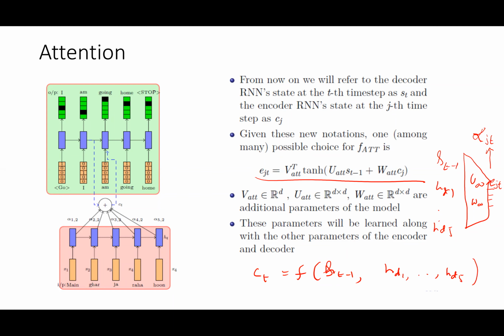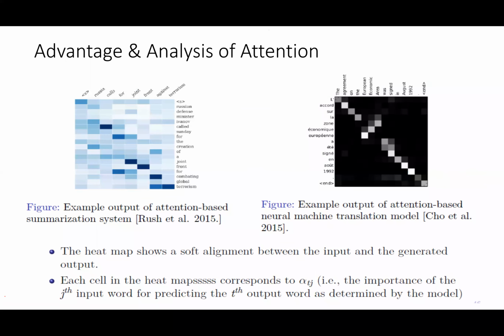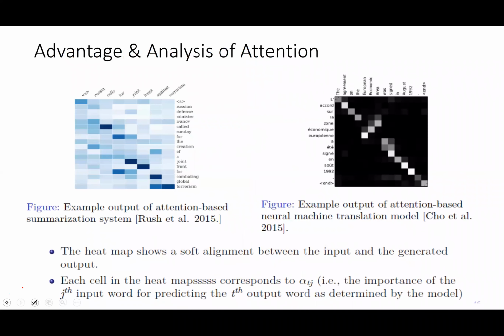This is referred to as soft attention, because we are considering the weighted sum of all the encoded states, not just one or two of them. If we consider only a few of the encoded states, it is referred to as hard attention. Since we are considering all with some weighted sum, it is soft attention. Is this clear?